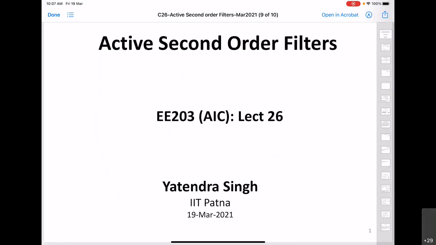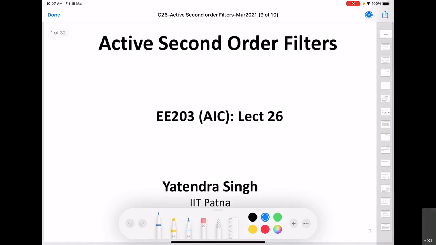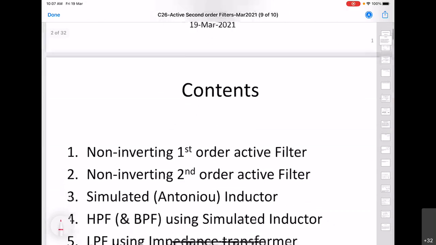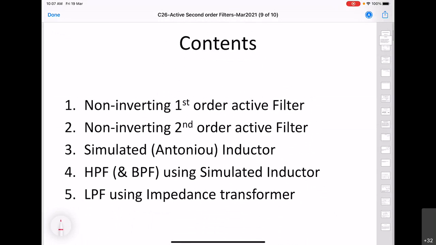So in the last class, we studied filters. We studied passive second order filters. And today we are going to study the active implementation of those filters. But before we go into the active implementation of the second order filter, first we will revisit the first order